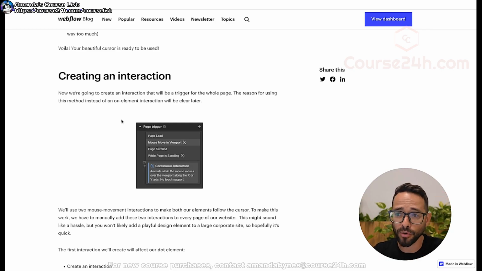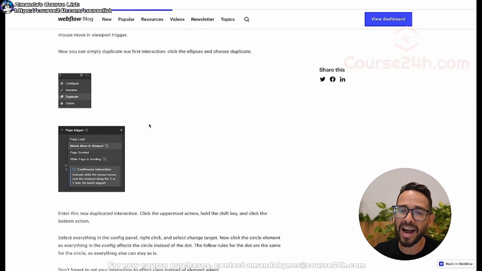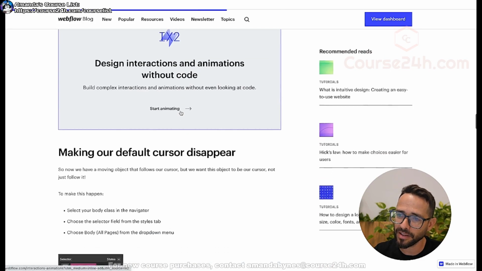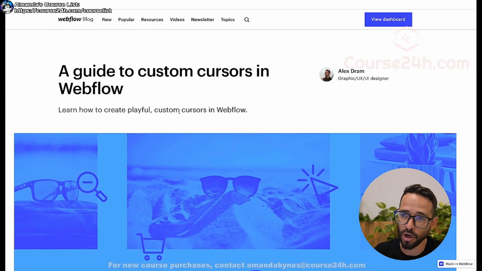It's going to follow your mouse, and then basically they're just going to go ahead and hide the actual mouse. That's basically what they're explaining here. So one thing I can do is just go ahead and do it. However, the next step that I do is I try to figure out whether somebody has created a clonable, because